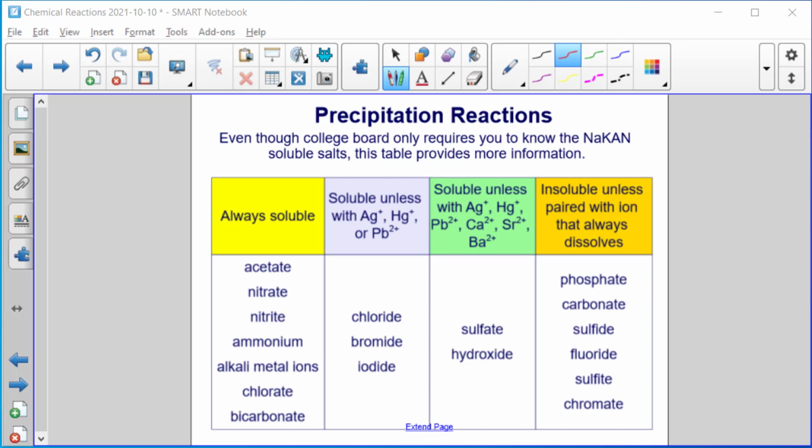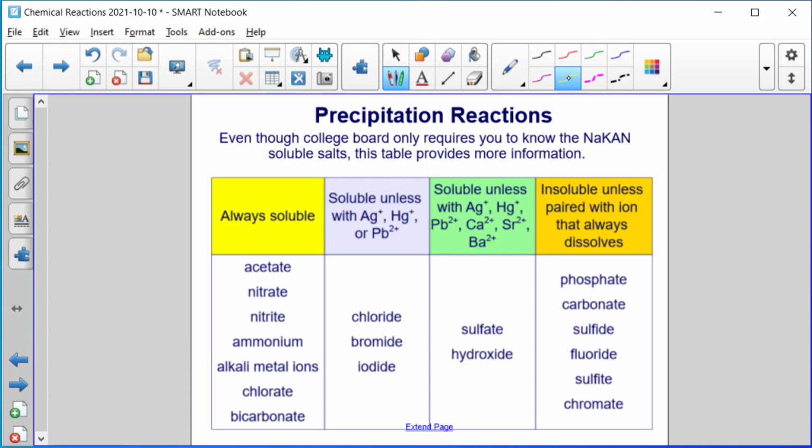Okay, so the College Board has said that you are only required to know that the NaCN soluble salts are sodium, potassium, ammonium, nitrate. This table of solubility information provides you more information, and it also allows us to expand the number of examples and types of reactions we can show you throughout this course. So first of all, let's just verify, as always soluble, we should see our